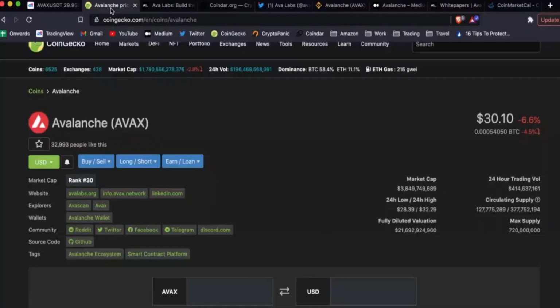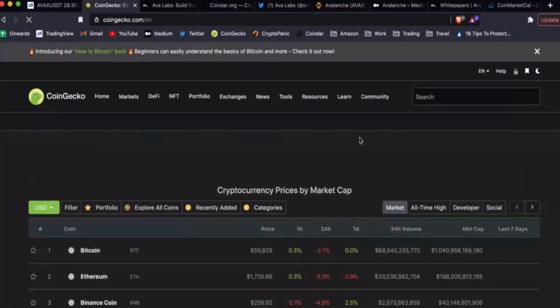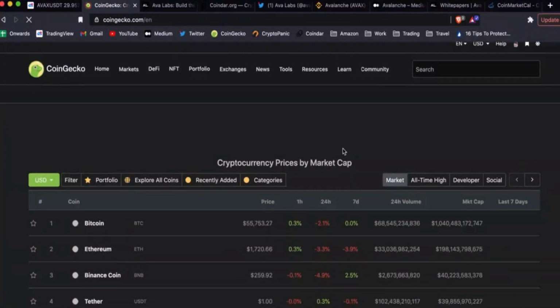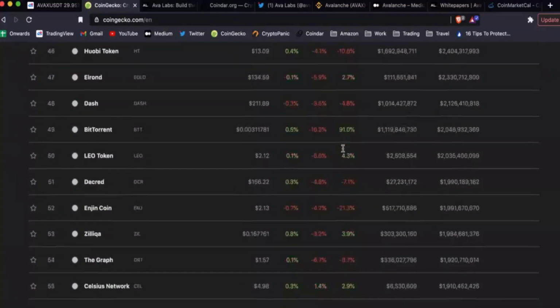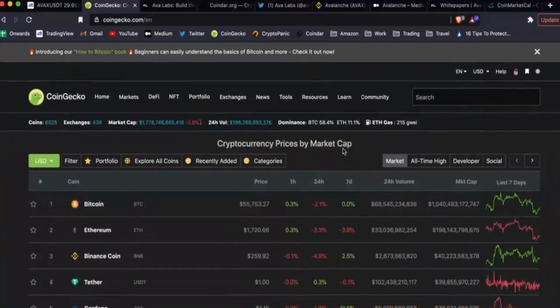Okay, so the first website I'm going to show you guys is CoinGecko. I'm going to go here to the home page of coingecko.com, and what CoinGecko basically is, is rankings, right? We have rankings, and the first page shows the top 100 rankings, and this is in order of market